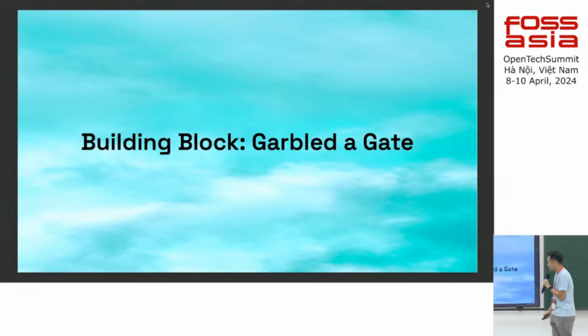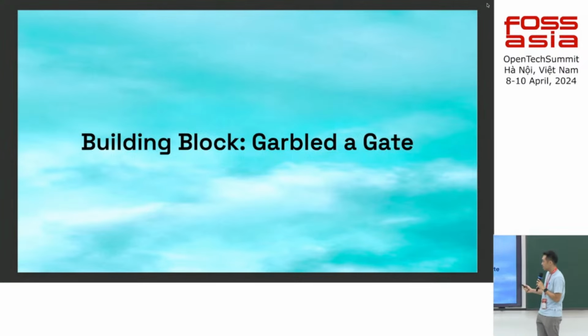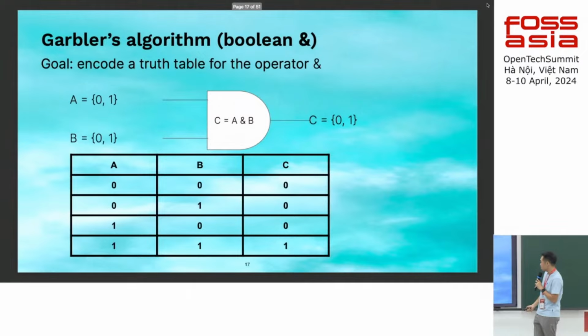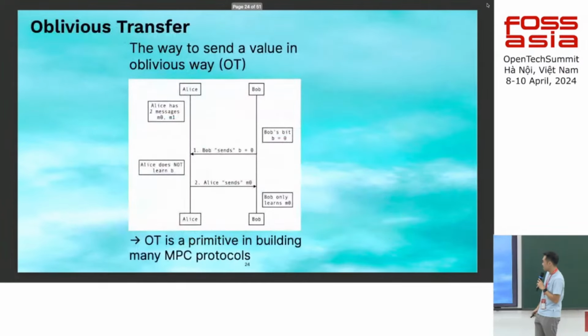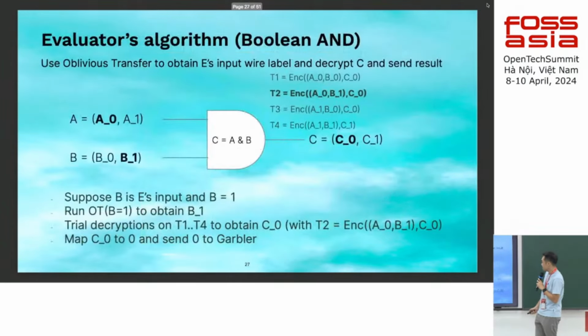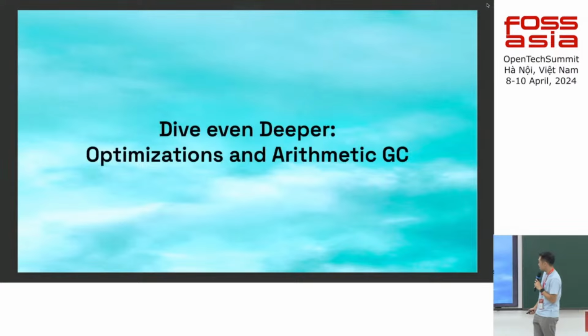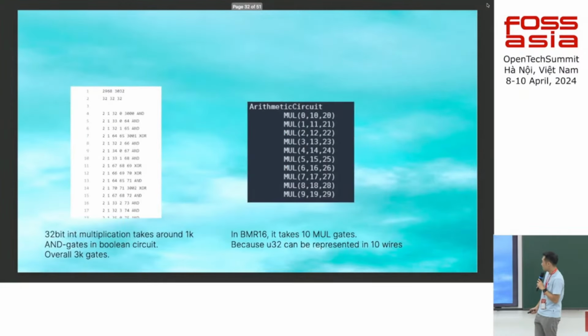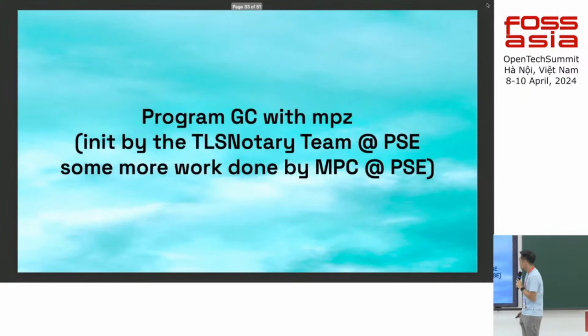Ok, thì mình cũng có chuẩn bị cái slide về chi tiết của cái này, nhưng mà chắc là mình sẽ đi qua thôi, tại vì cái này nó yêu cầu cũng nhiều kiến thức về mật mã, cho nên mình hãy đi thẳng đến cách sử dụng thôi. Ok, thì